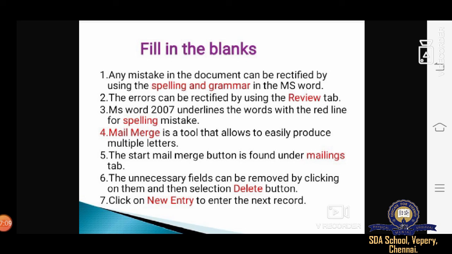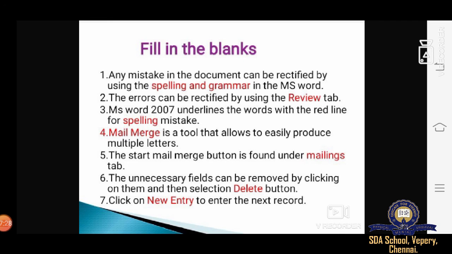That means the spelling we typed is wrong, so we need to rectify it immediately. Rectify means we need to correct it. Correct that spelling. Okay, fourth one. Mail merge is a tool that allows you to easily produce and multiply letters.